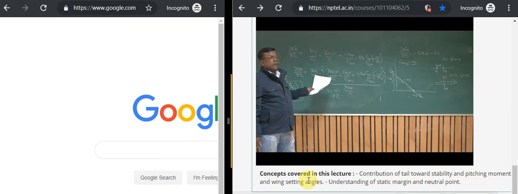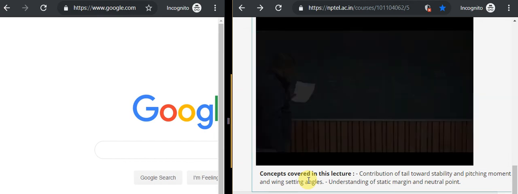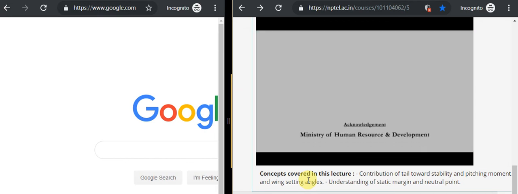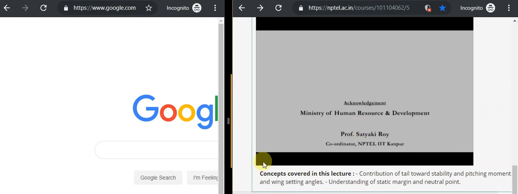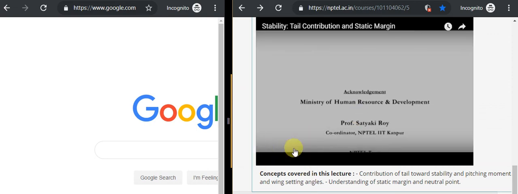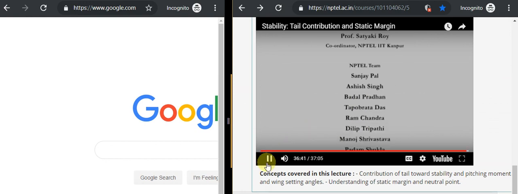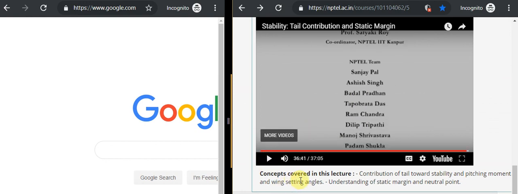But the point is that we have discussed what stability is, we have discussed the static margin at the end, and we have discussed the neutral point as well with the different expressions, and the tail contribution. Earlier we discussed the wing contribution to stability, and it is because of the tail contribution. Tail contribution leads us to the neutral point, which leads us to the static margin. And with that, obviously, the contribution of the tail needs to be explained with the help of the